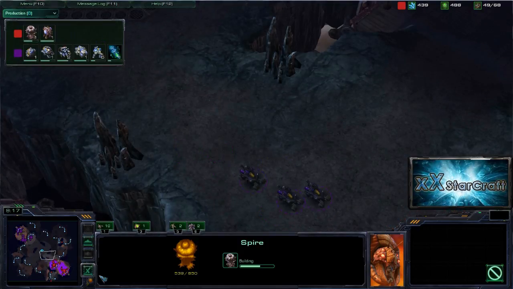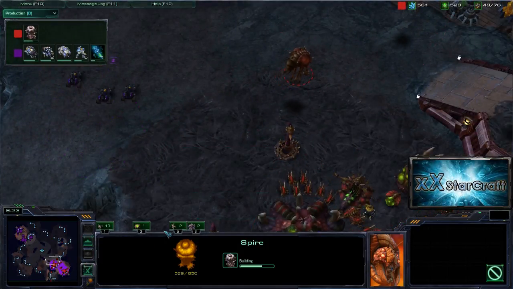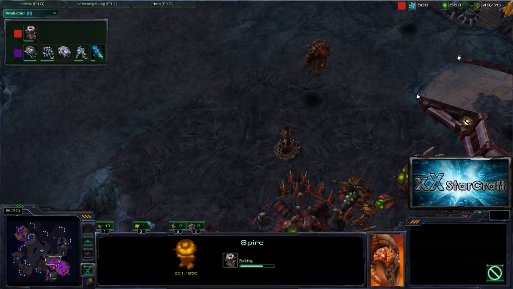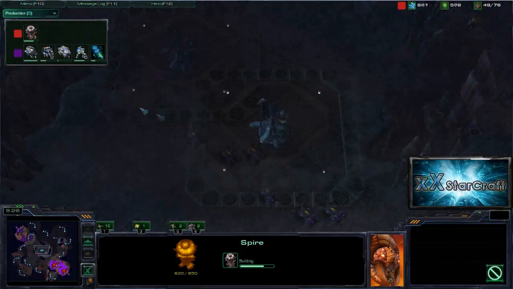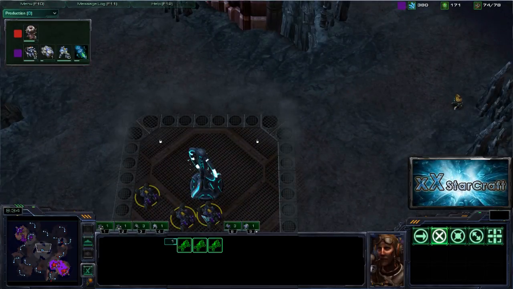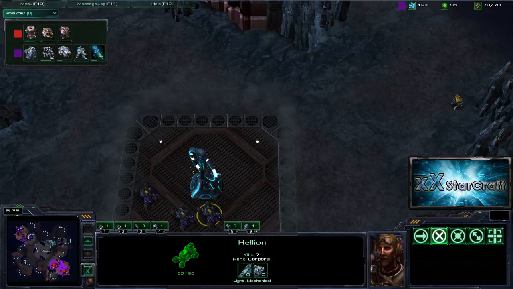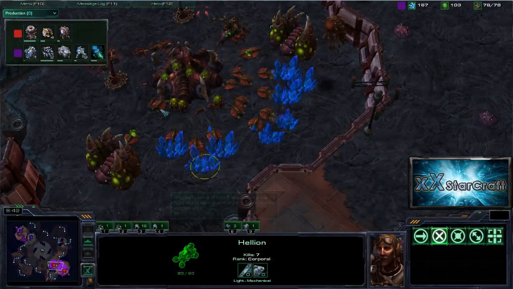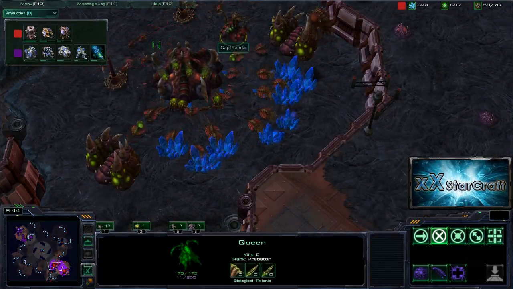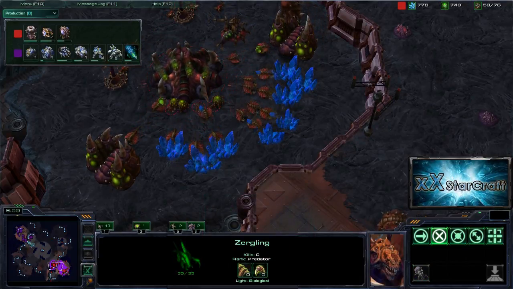Some Hellions are trying to go in here, but with a lot of Speedlings, it's really hard to push with so few Hellions, especially when they haven't researched the Infernal Pre-Igniter. No upgrades for any of our players yet, I think. Wow, it's really hard to click those Zerglings. No upgrades yet, but